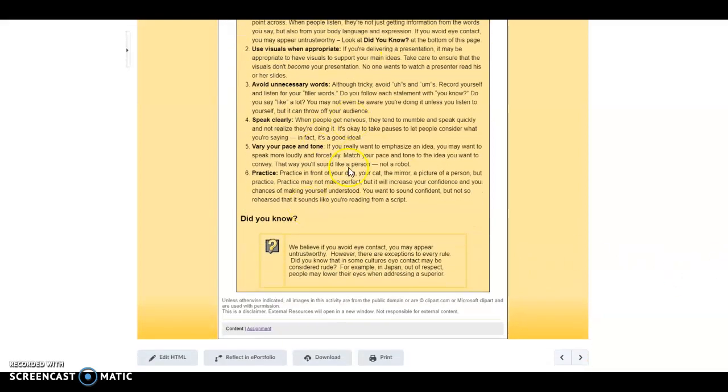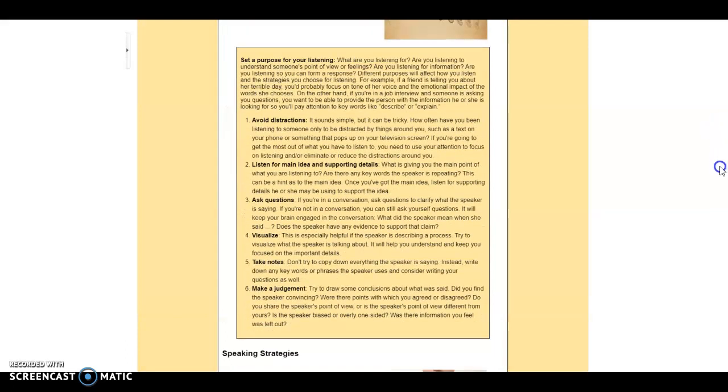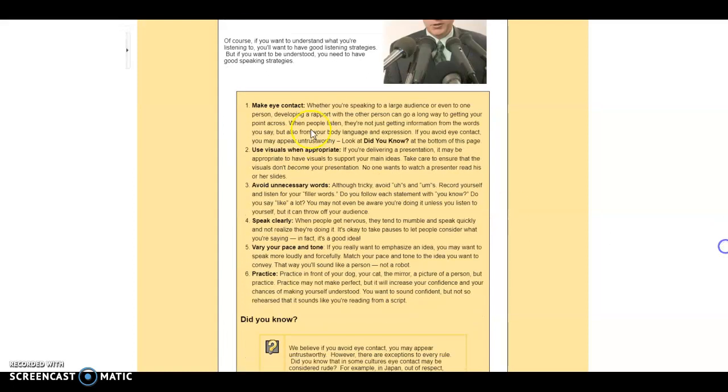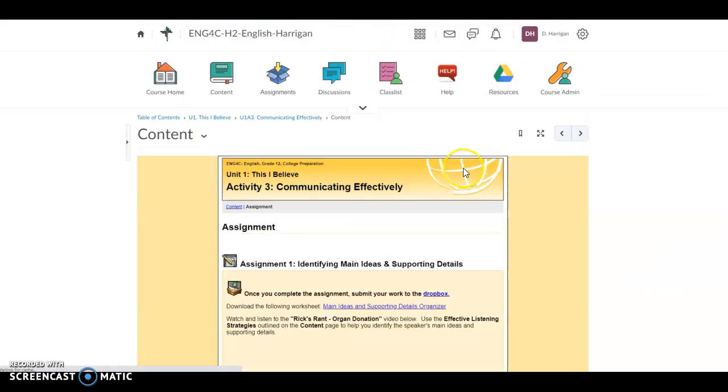That's it in terms of the content. The content page this week is very short. They're just emphasizing 6 listening and 6 speaking strategies. And if you're comfortable with those, you're ready to move on to the assignment. So if I click to the assignment page,